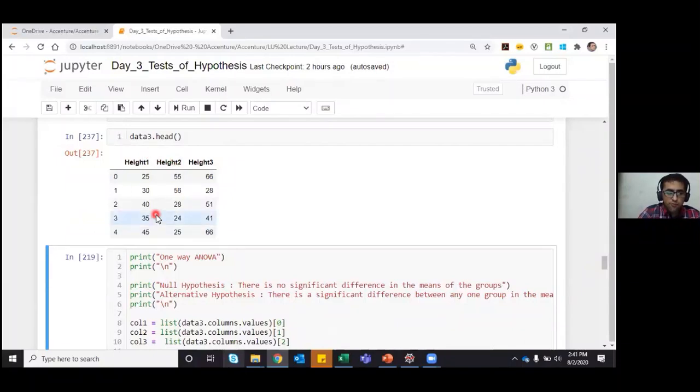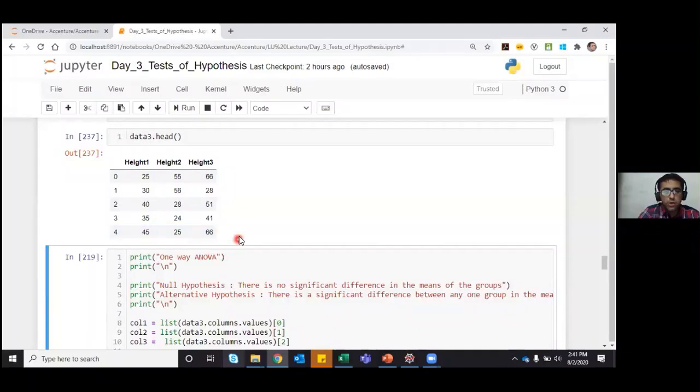Now we will assume that height 1 is for group 1, height 2 is the height for group 2, and height 3 are the heights for group 3. So there are 3 different groups for the variable height, and we want to compare whether there is no significant difference between the means of the groups, or there is a significant difference between any one of the groups.